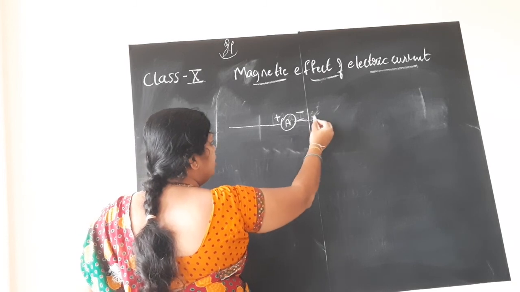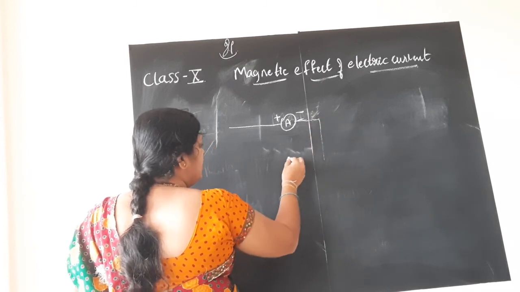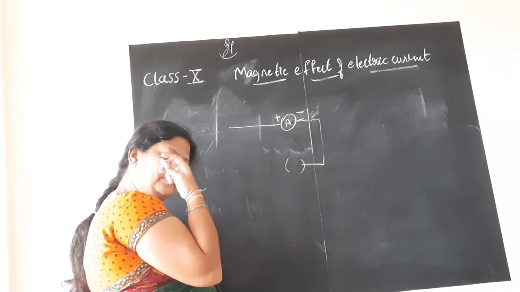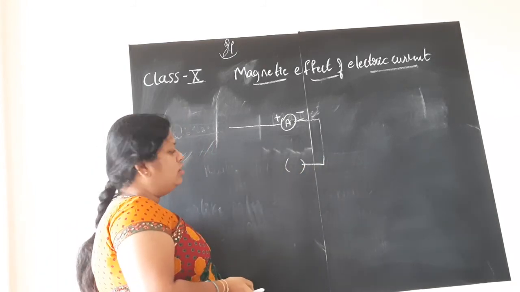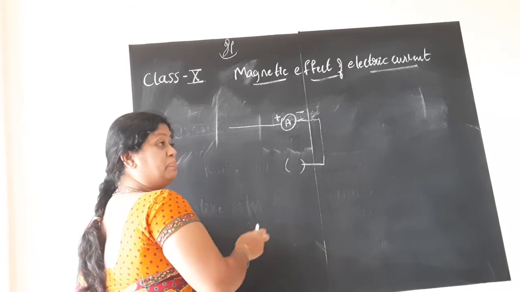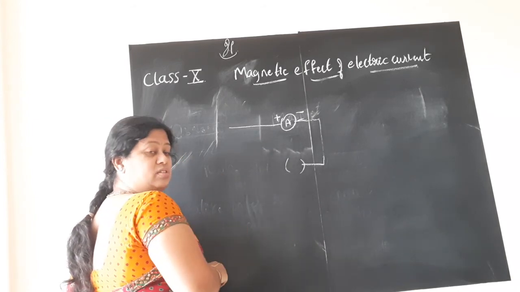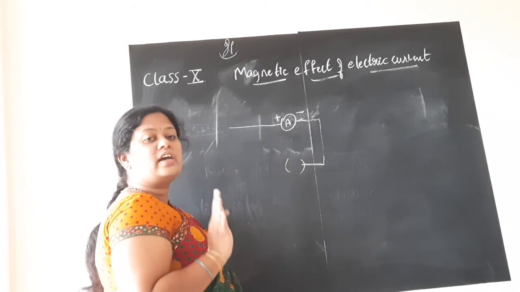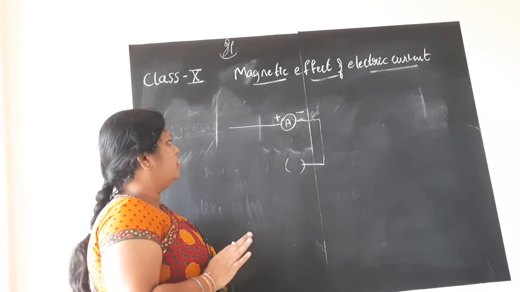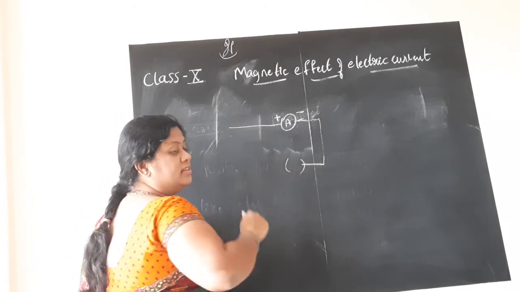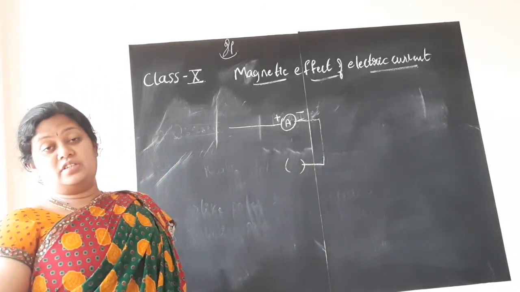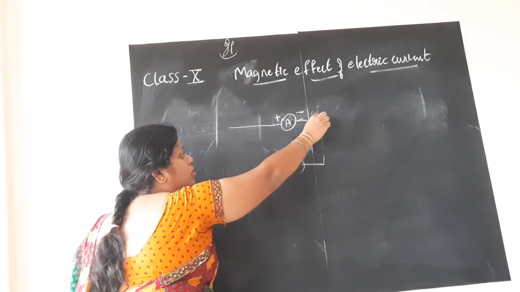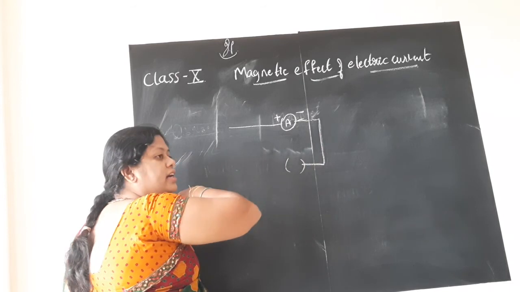Again I will continue the circuit. That is a copper wire. One plug key I will connect. And I heard that many of you are asking the question, ma'am, which is plug key open, which is plug key closed. See, only when the closed circuit is there will the current flow in the circuit, or the closed path. In the very beginning sessions I have explained to you, children, only if the electric circuit is a closed path will the current flow.